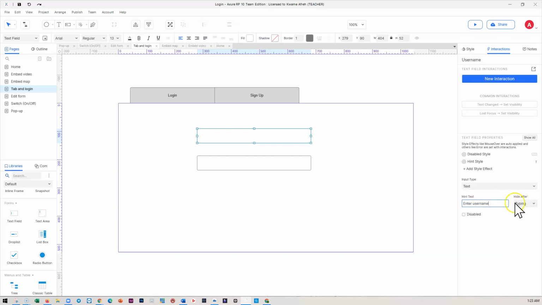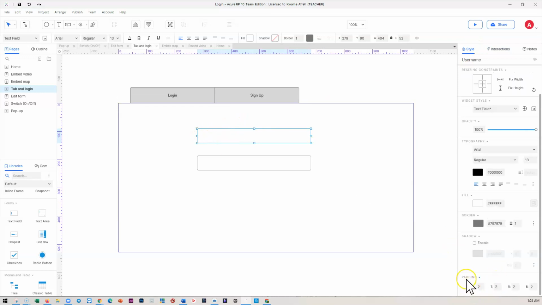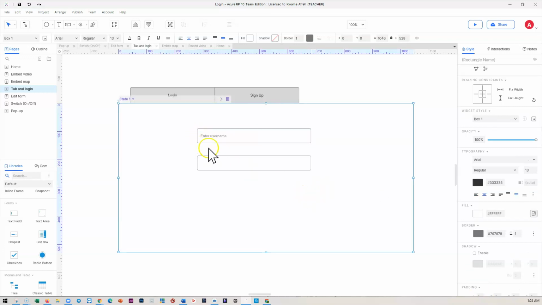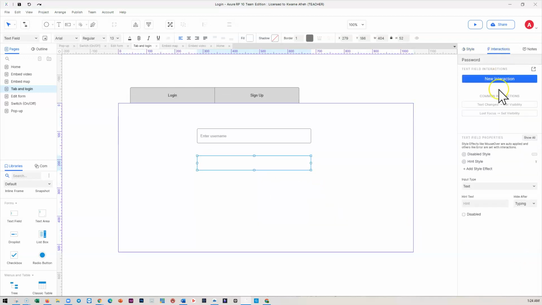Now here, what should happen if user click inside? We want to, as soon as this becomes focus, I want to hide it, and this is how this will look. And if it's too close to here, then I can select and come to padding and say that the left side should be maybe 10. And now we have space here. I could do the same thing with this as well. And this will be, again, go to here and say enter password,